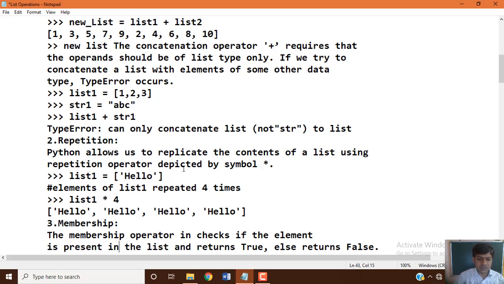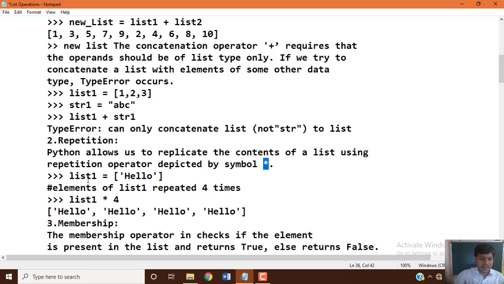Python allows us to replicate the contents of a list using the repetition operator, depicted by the asterisk symbol. Okay, asterisk symbol is used for multiplication, but here it will not perform like a multiplication, it will work like a repetition of those values.